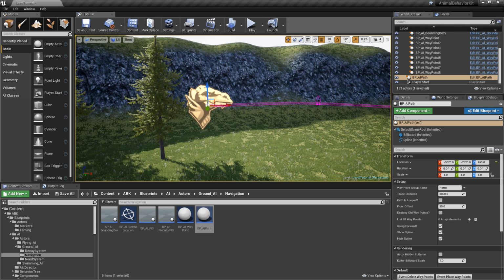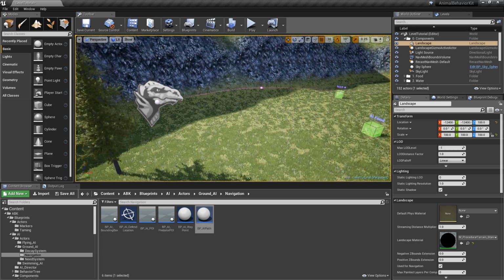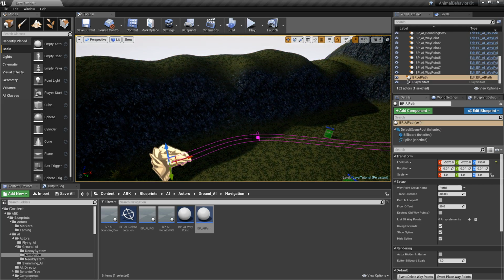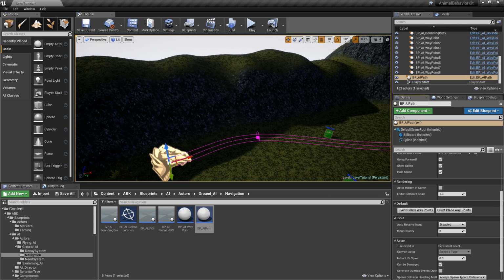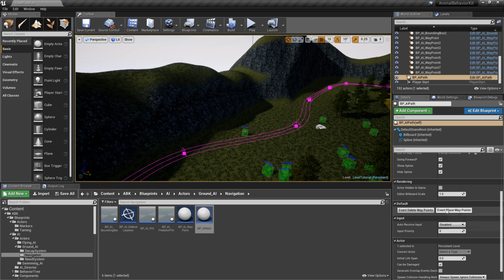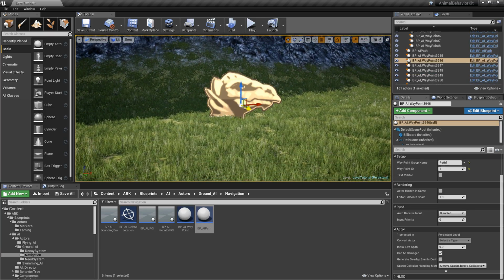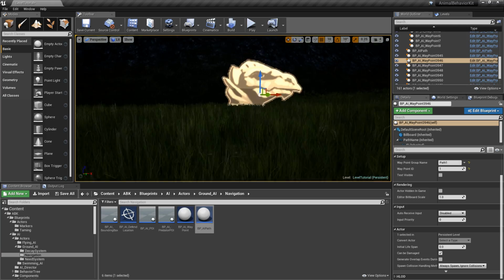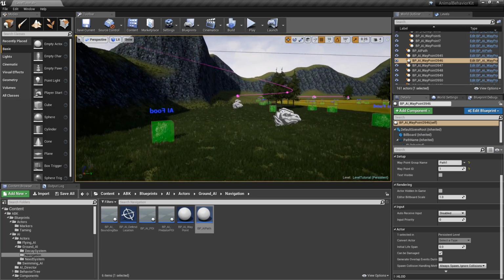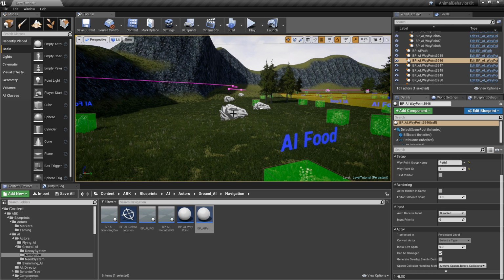And the AI will go from waypoint to waypoint in the exact order of the spline. So with this selected, once we're done with the path, we click on Event Place Waypoints. And notice now that you have waypoints that have now spawned right here in the level, at the location of the